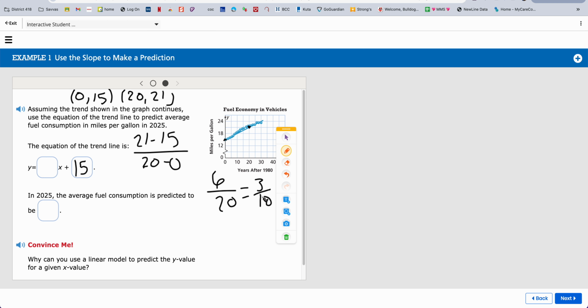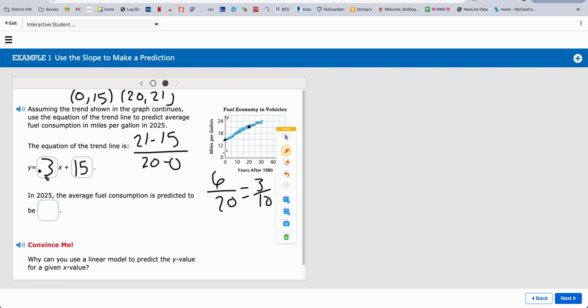Right? 3/10. Everybody with me? Yep. So 0.3. Wait, that's okay? Having a decimal is okay. I thought, well, you said before it was okay. When we are concentrating on slope and we're counting the slope of the line, I want us to understand that it's rise over run, so I want to leave that as a fraction. But when we're going to use it in an equation, so that I can multiply it by something, it's easier on your calculator to multiply by a decimal than it is by a fraction. If you leave it as a fraction, it's still right. There's nothing wrong with it. It's just going to be easier to use as a